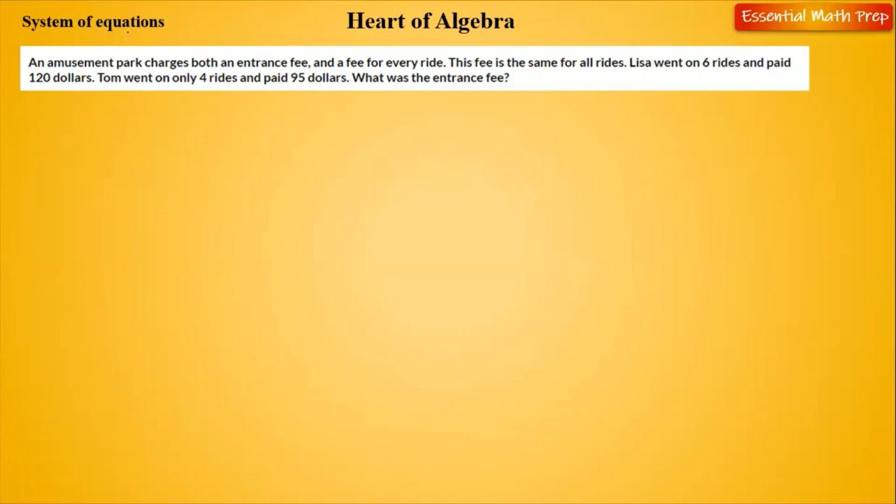So X corresponds, I'm just going to say X corresponds to the entrance fee. I'm going to call it F, as in fee. And then Y corresponds to the ride, which is R. Okay. So that means